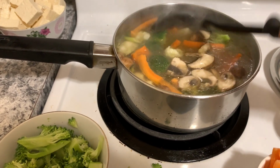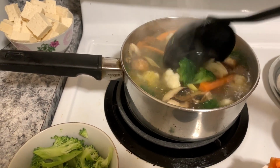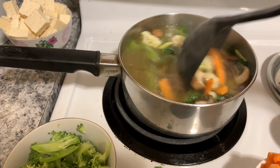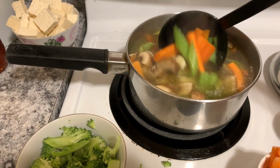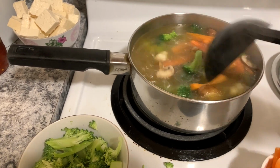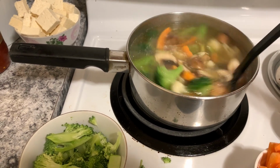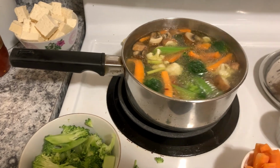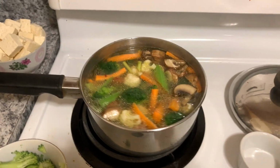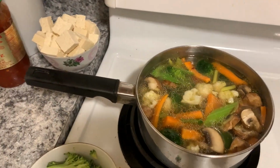Might end up crushing in a garlic as well. I didn't put any garlic in the broth to begin with, because I might be using it to make the other broth. I'll be using it to make congee, and I've never put garlic in with congee, so